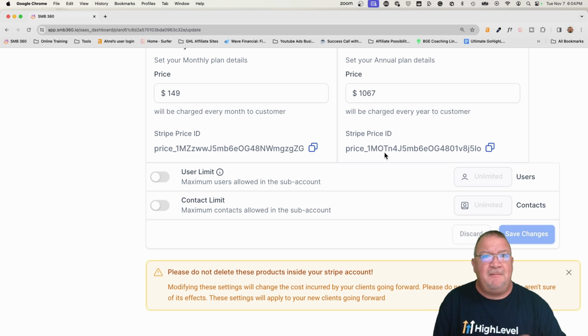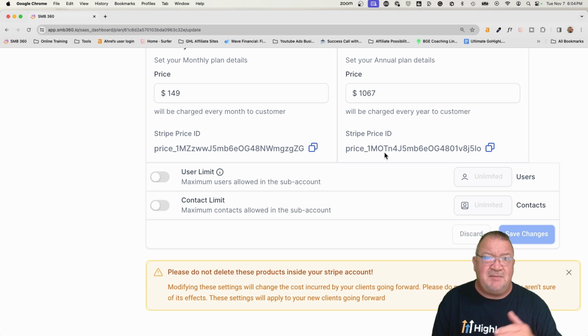But Gohighlevel has also gotten some feedback that it would be nice if agency owners had the option to create, out of these 20 plans, maybe some more limiting plans. Because before, as an agency owner, you could never limit the amount of users somebody can create. You didn't even have that option because it was all unlimited. Now that you can create a plan, you can set that plan with 1 user, 3 users, 10 users. So it gives you a lot more flexibility, and contact limits allow you to set certain limits,